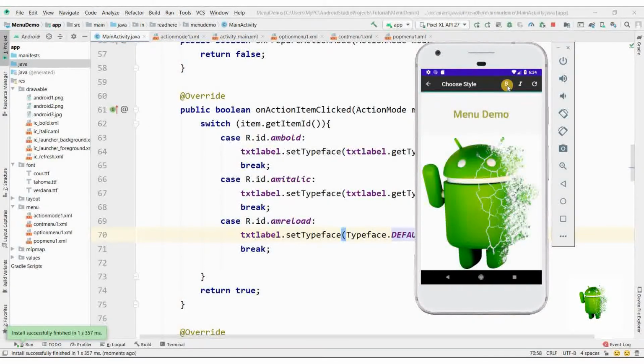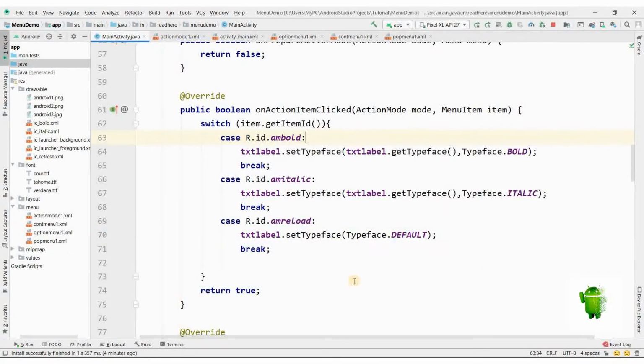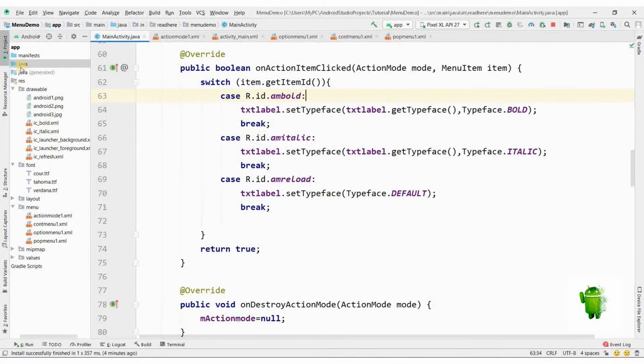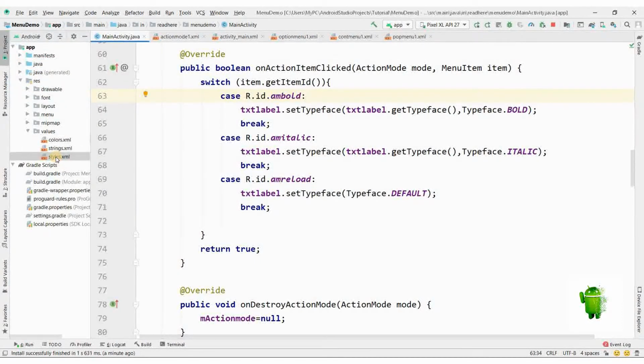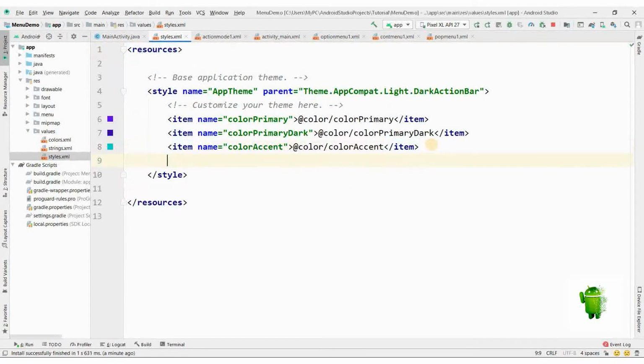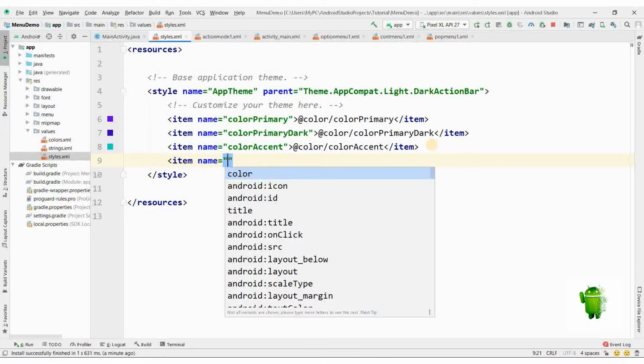Enable the action mode, and here if you click on it, upon clicking on back, it will close the menu. If you click anywhere, it remains enabled. Then upon clicking back, now if you want to change in styles, we can set the background color of action mode menu.